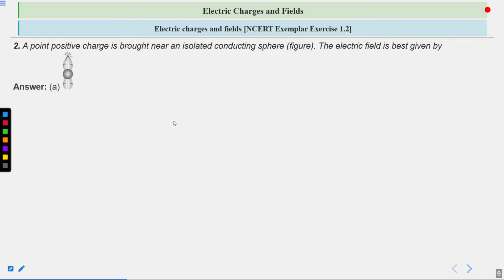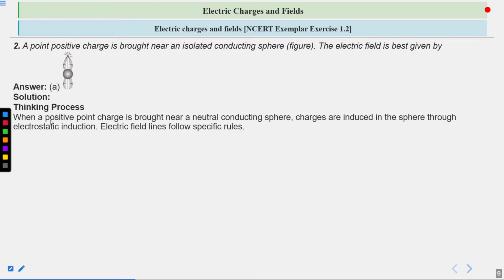So the correct option is A. Solution. Our thinking process: when a positive point charge is brought near, look here, the charge is positive. When a positive point charge is brought near a neutral conducting sphere, charges are induced in the sphere through electrostatic induction. So here electric field lines follow some rules. So the answer is,